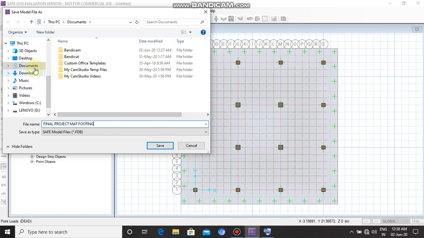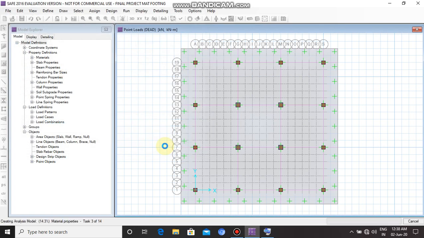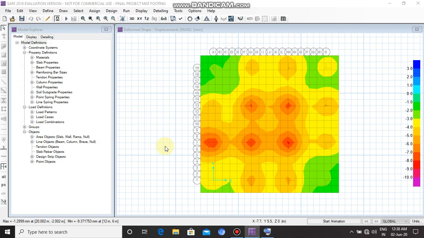Then save. Once the analysis is completed, the displacement values of different slab regions are displayed.